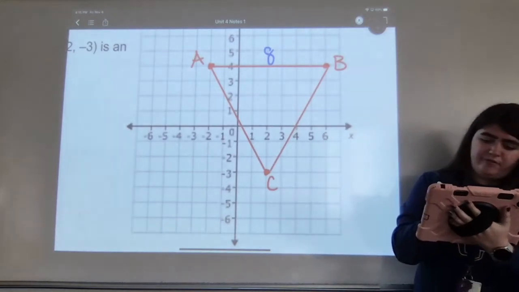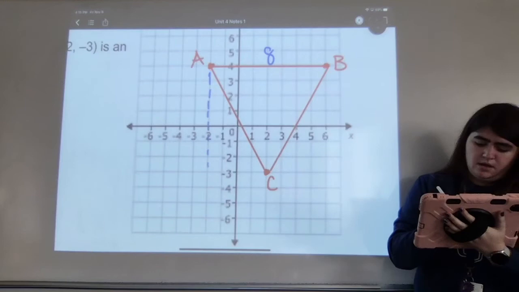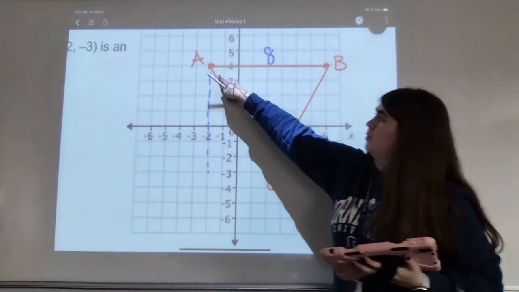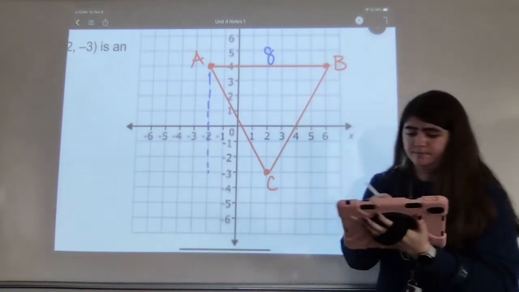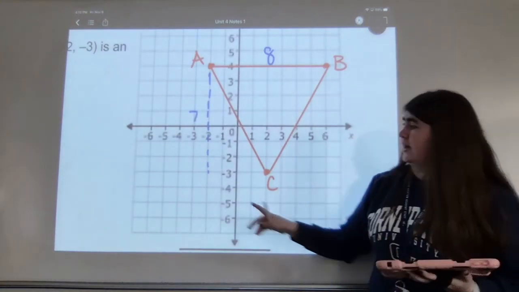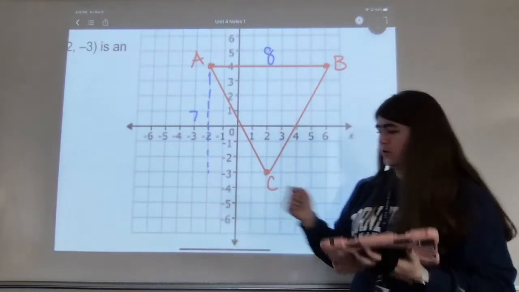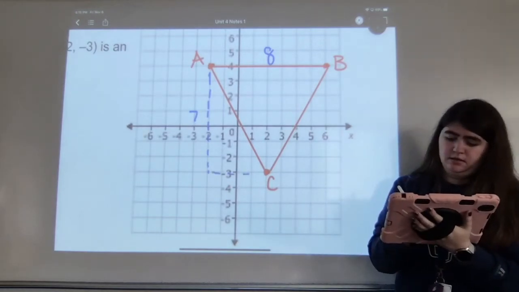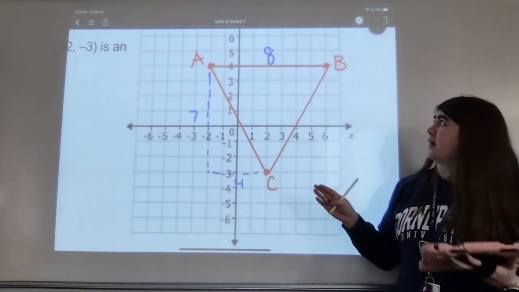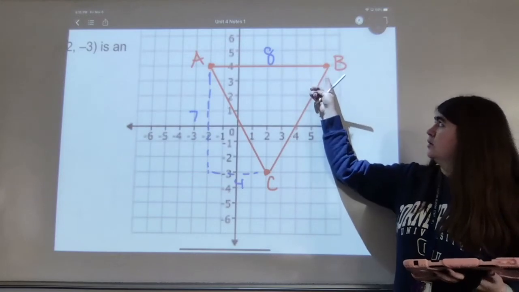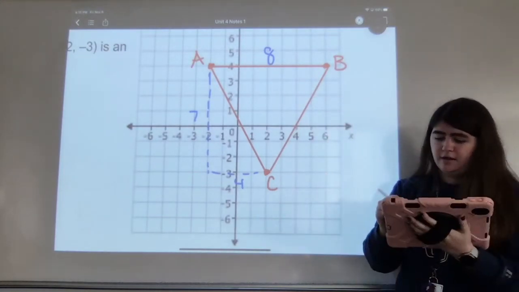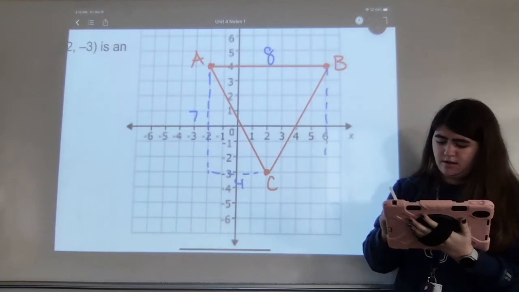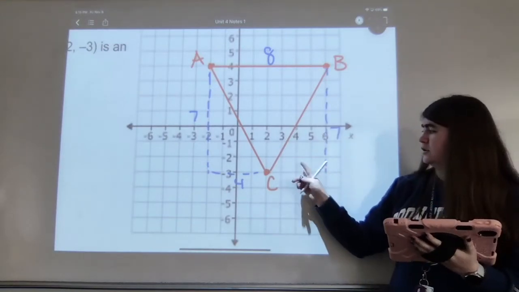So from A to C, I traveled 1, 2, 3, 4, 5, 6, 7 squares, and I traveled 1, 2, 3, 4 squares horizontally. And then I'm going to check from B to C. So I go 1, 2, 3, 4, 5, 6, 7 that I traveled down, and 1, 2, 3, 4 that